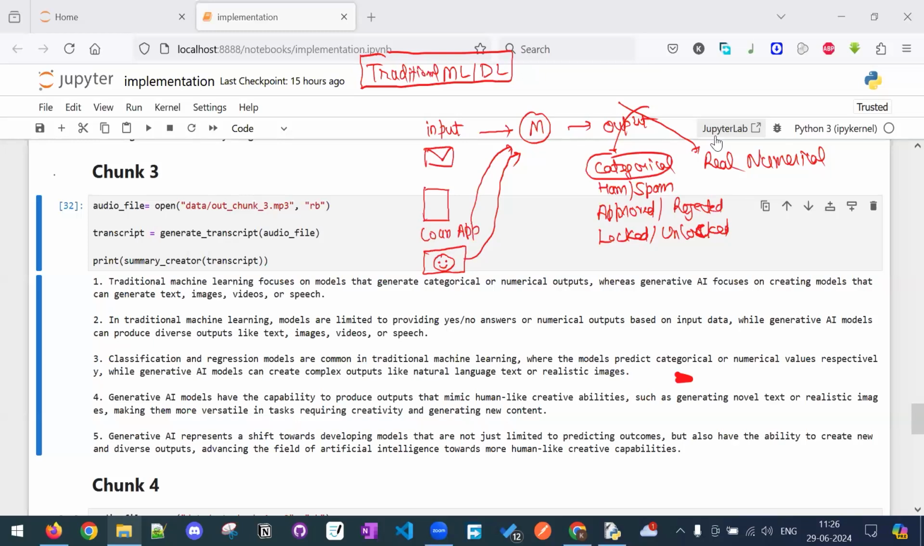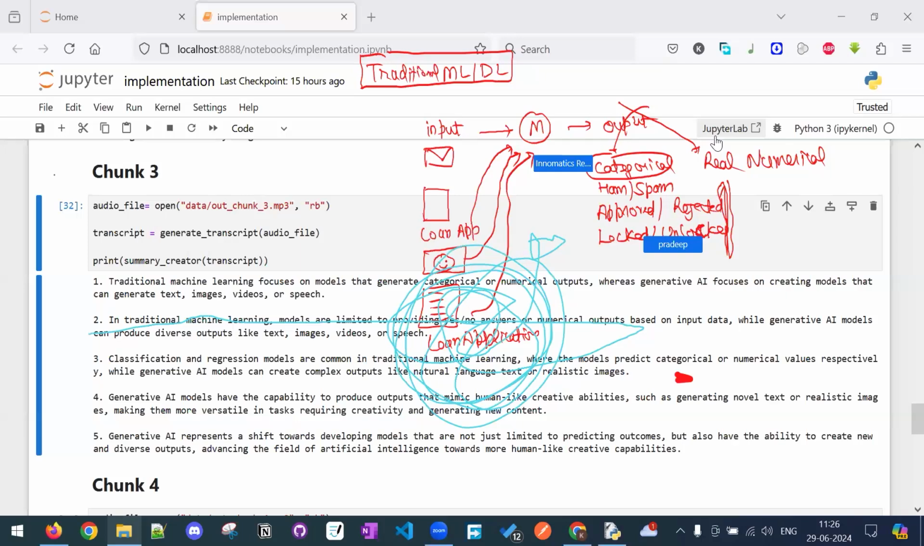Similarly, let's take another example. Let's say a person is filling a loan application. The loan application has been filled by the person. The output of the model now is not whether the loan gets approved or rejected. The output of the model is, guys, please, Pradeep,